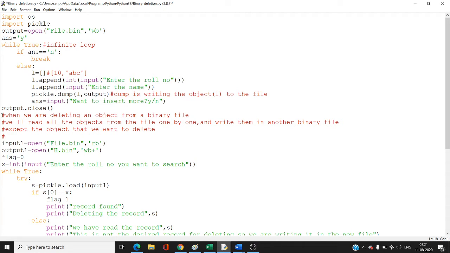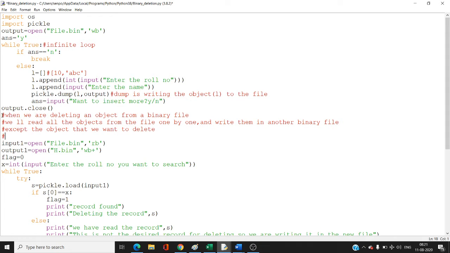So when we are reading all the objects from that particular binary file one by one, and then we are writing them into another binary file, but we are not writing the desired object that we want to delete. That means the other binary file where we are writing will have all the objects except the object that we want to delete.